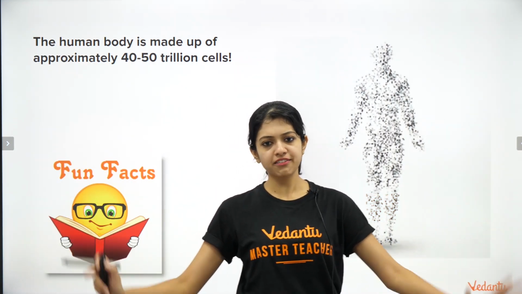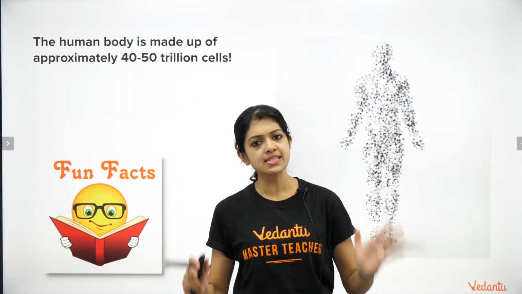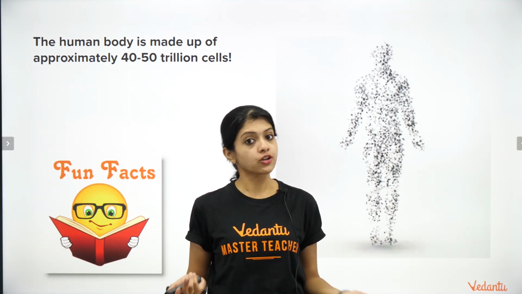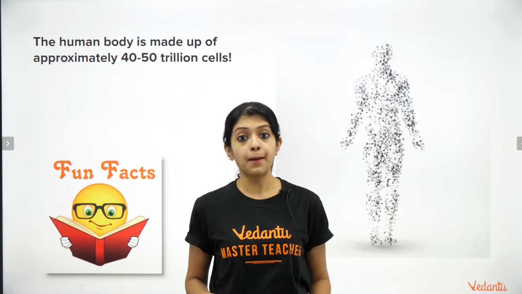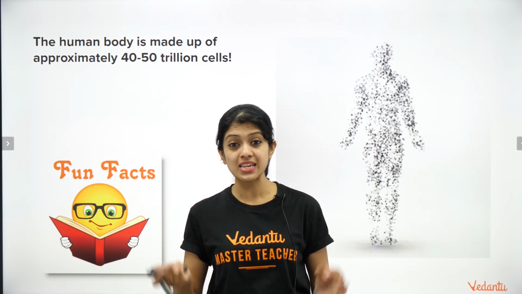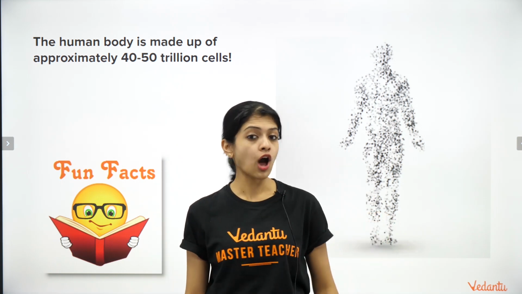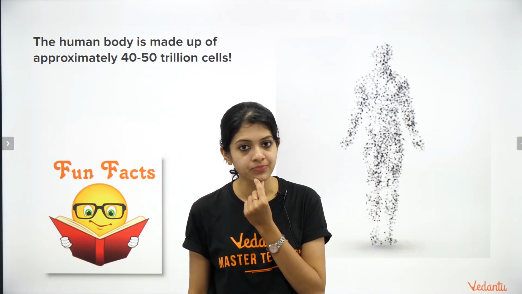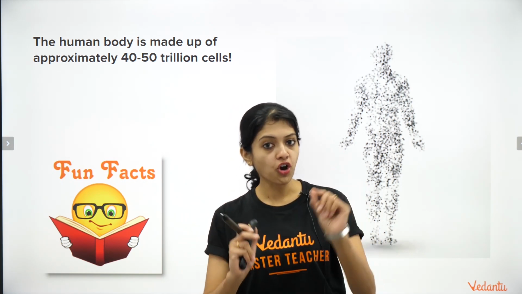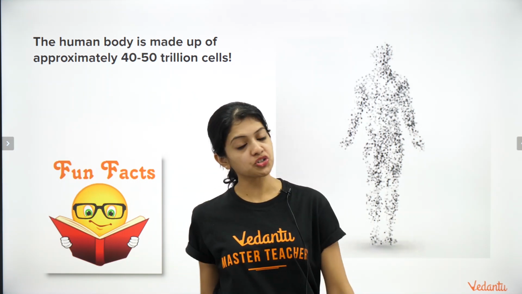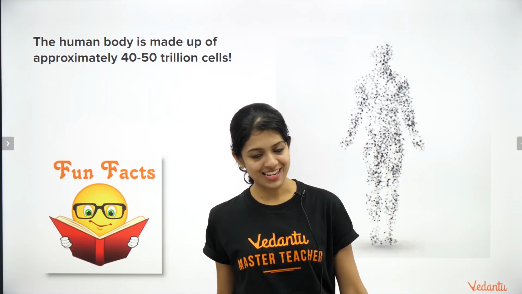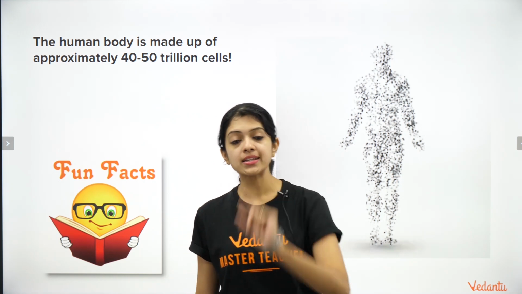Now, this is an interesting fact that I found. It's a very simple thing, but most of us are not aware of this. The human body, in fact, is made up of approximately 40 to 50 trillion cells. Now, how much is a trillion? Can anybody tell me? Put it in the chat box there. I will be watching your comments as the session is being premiered. Put it in the comment section. Otherwise, if you're watching it later, okay? How much is 1 trillion?